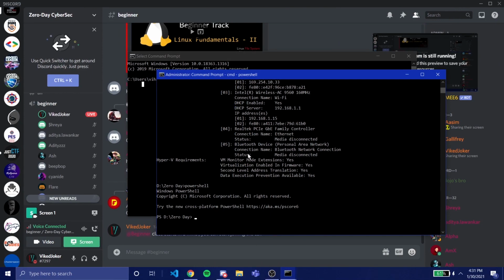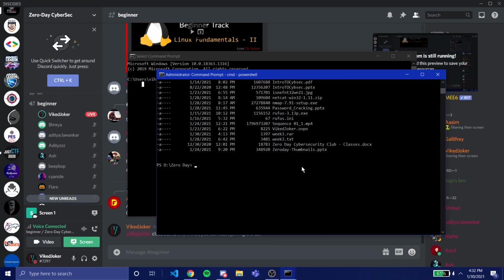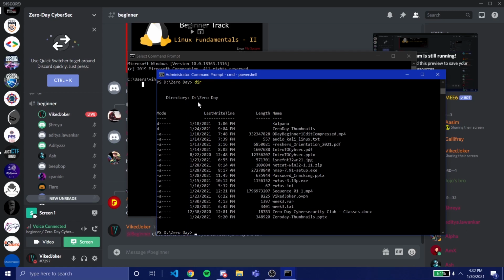I'm not very well versed in PowerShell because the naming scheme itself is weird. But one good thing is that some of the Linux commands we use are available, like ls. And in fact, it shows things more clearly than before: we can see all the file permissions, the last write time, the size of the file and everything. There are a lot more commands we can use in PowerShell, but that itself is a huge topic, and there are really complex variable names and keywords which are used.